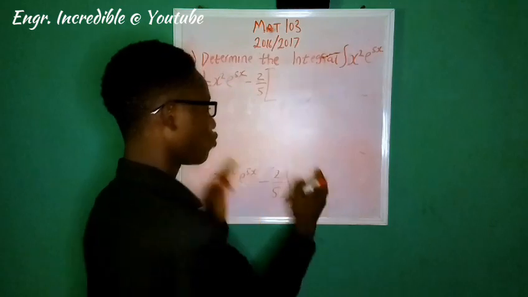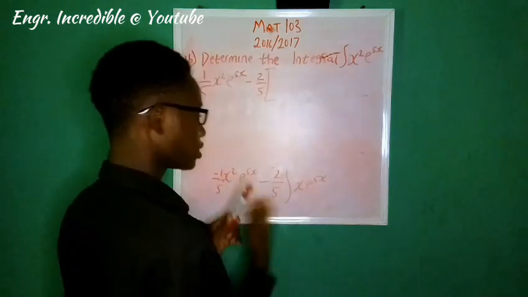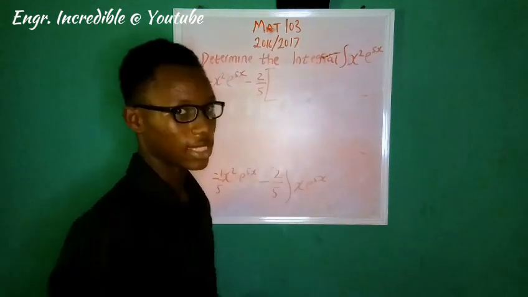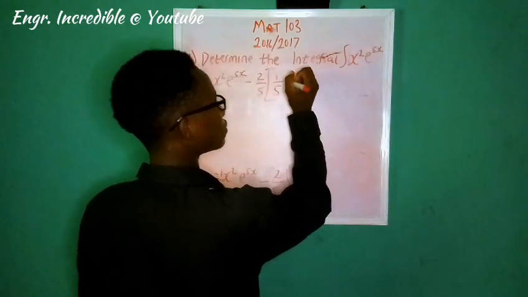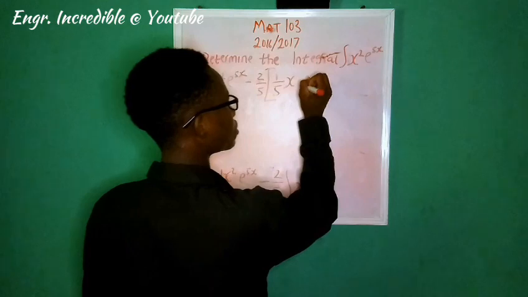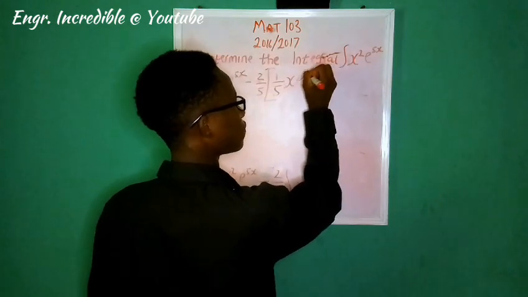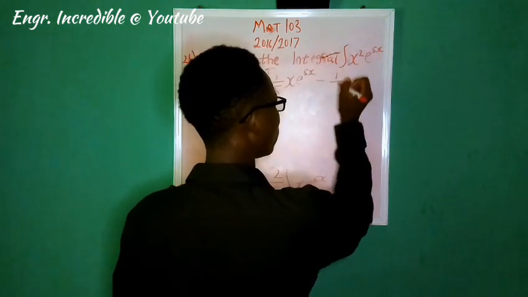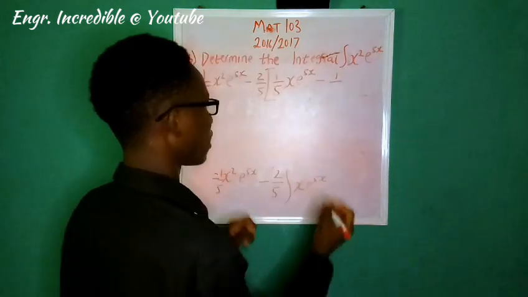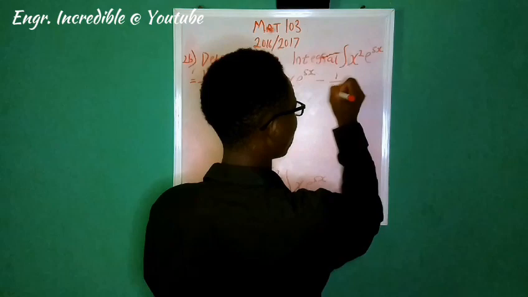Now the integral of what we got here, the integral of this is what we are now going to be writing in this place, which is 1 over 5 x times e raised to power 5x minus 1 over 5 times 5, that is 1 over 5 times